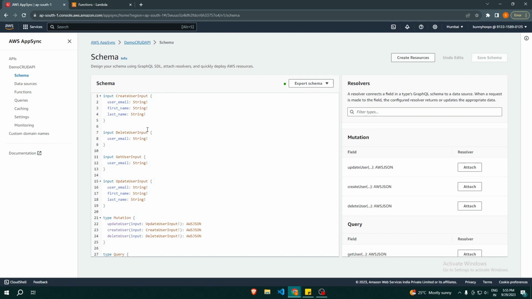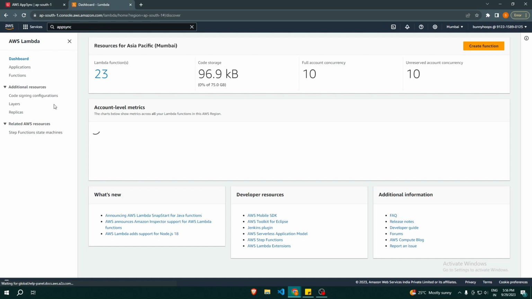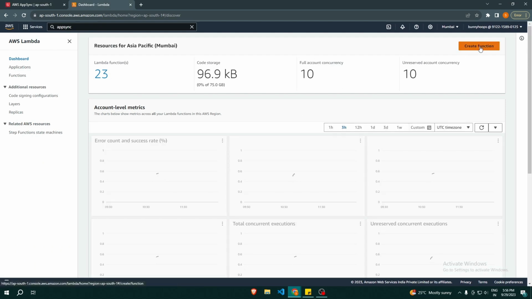Okay, so now the schema is done for the API, but when we call this API, where is it going to go, right? So we have to set up the program which is going to handle the calls made by this API. So let's go to AWS Lambda for that. So this is AWS Lambda. Go ahead and create a function,